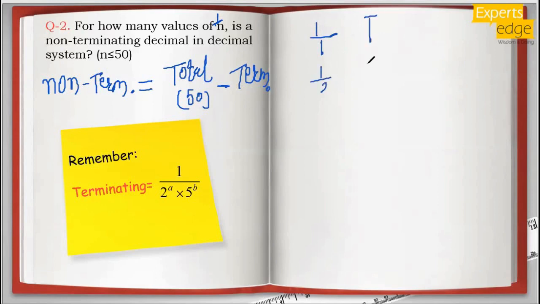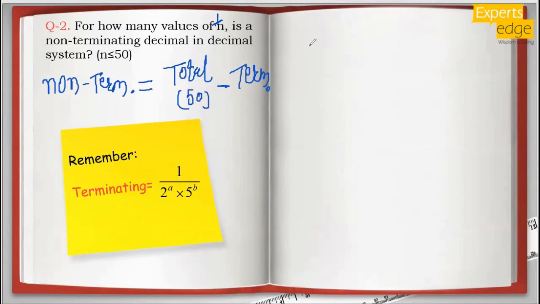Then 1 by 2, it's terminating. 1 by 3, it's non-terminating. But obviously we will not go like this, because we need to go till 1 by 50, so it will take a lot of time. So we can make cases out of this. If I start with the powers of 2,